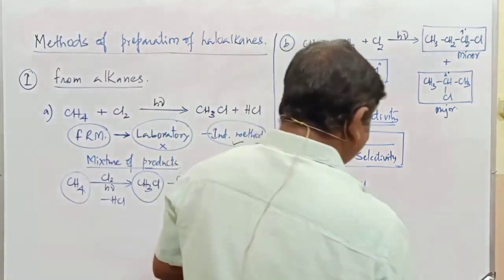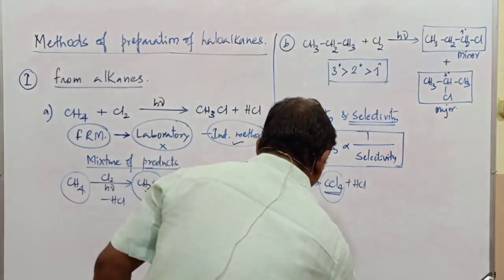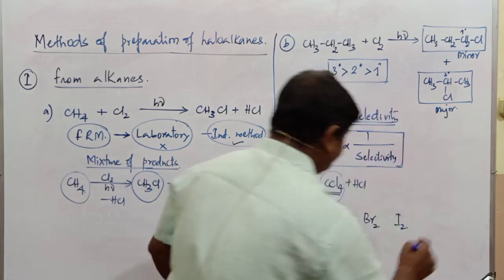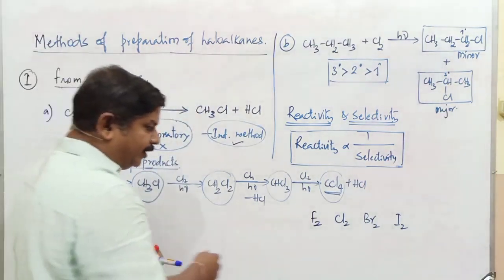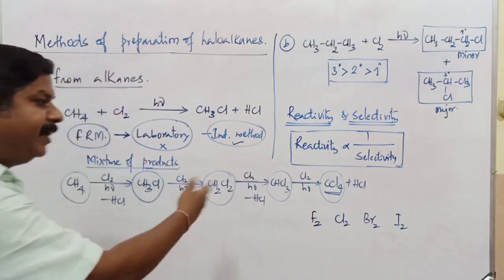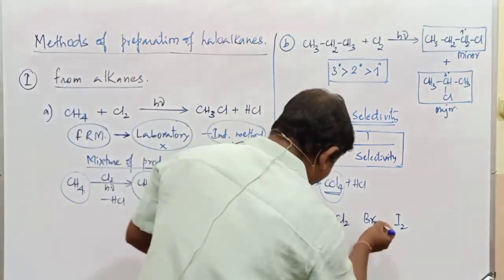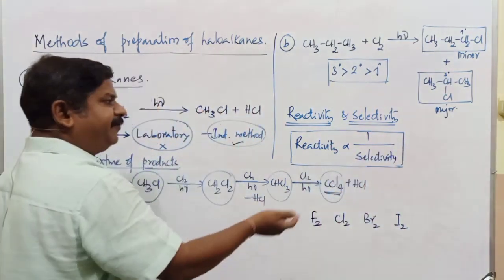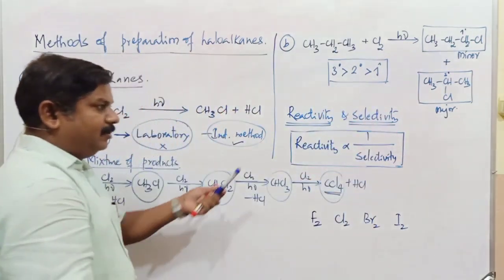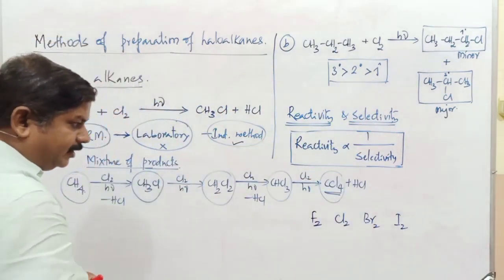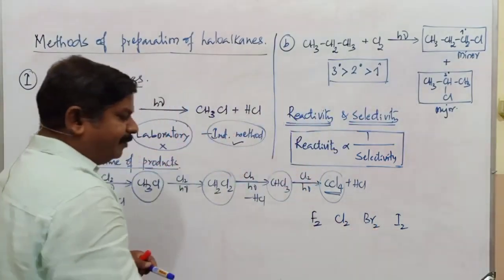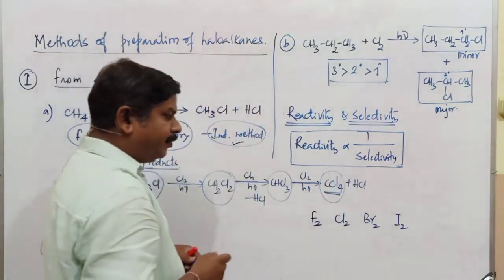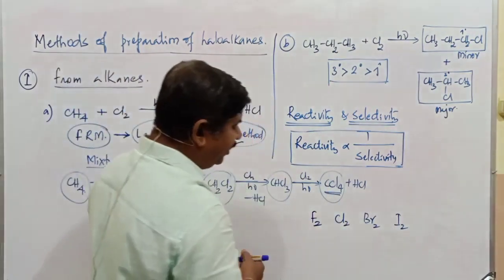So we can give some examples here. Suppose I go with fluorine, chlorine, bromine, and iodine. These are the 4 halogen molecules we use to prepare halogen derivatives. If we consider which one is more reactive or more selective, there will be less reactivity, less selective. Once we identify reactivity, we can identify the selectivity of the particular reagent. Out of these 4 halogens, fluorine is the most electronegative, and fluorine reactivity is very high.